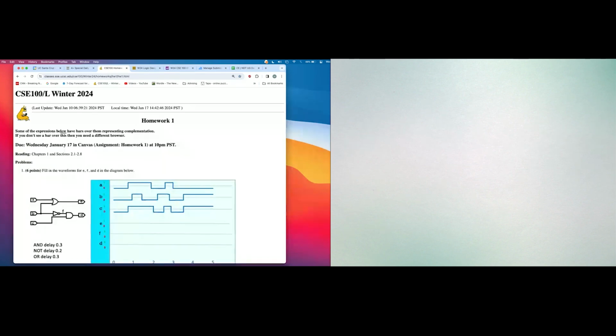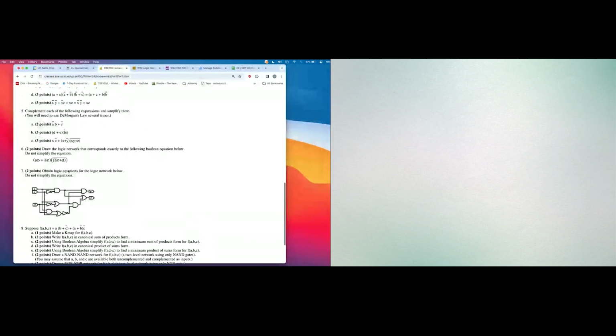For 5C, it's asking me to complement the expression. Because there are multiple expressions, like a plus and a multiplication, how would you do that complement in the first step? Okay, so what is it?